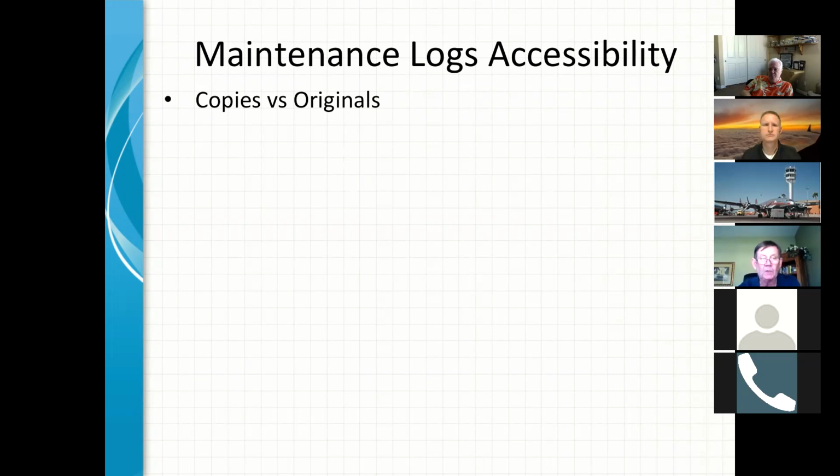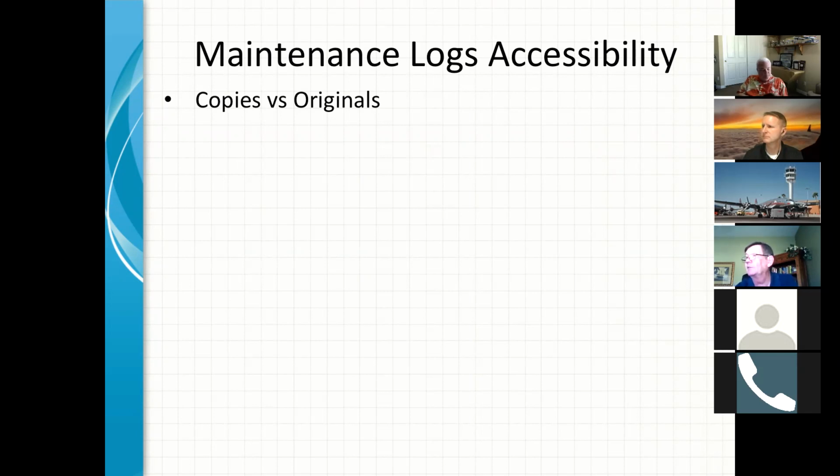Yep. So just building on what Phil said, if you go to 91.417, there's actually a list of the records that must be current and how long you have to maintain a record for. That's under 91.417, A1, A2, and B. It tells you specifically that the records of maintenance, preventive maintenance, alteration, records of 100-hour, annual, progressive or other required or approved inspections is appropriate for each aircraft, including the airframe, engine, propeller, rotor, and appliance of an aircraft. And it says how it has to be signed off.